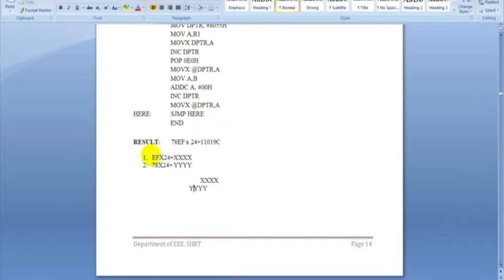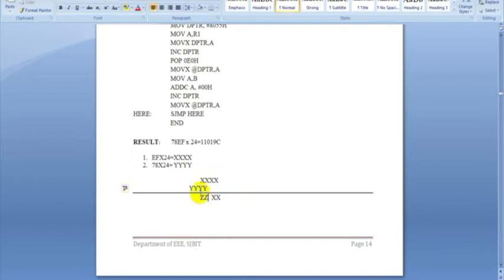So what do I do next? I basically add them together. How do I add them? First, I will write down this XX as it is below. Next, I will add this XX and YY, the higher byte of the first product and the lower byte of the second product, to get ZZ.